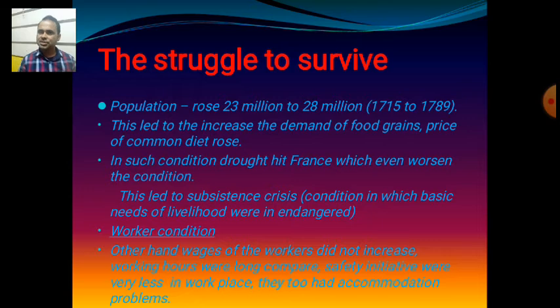Let us see the condition of the worker. To meet the livelihood of the people and other requirements of the people, many of the factories and industries engaged their workers for long working hours, but in comparison to that, they were not paid equally. It means their working hours were increased to meet this crisis, but on the other hand, their salary was not increased.